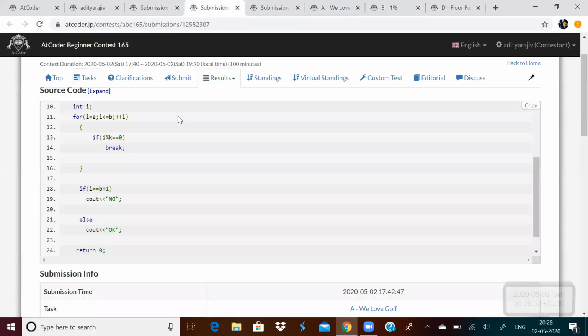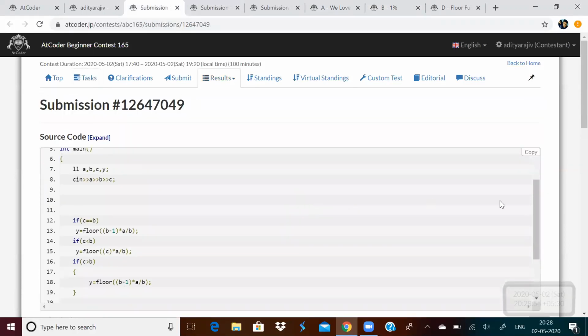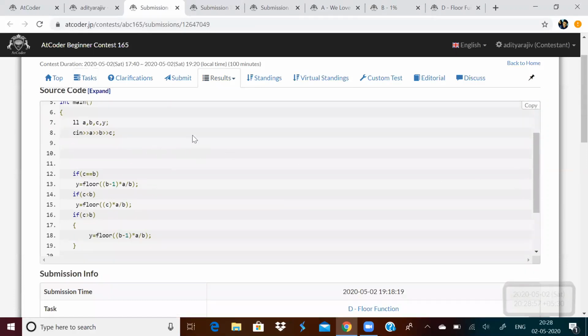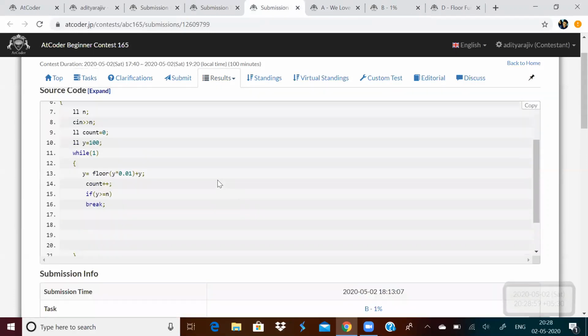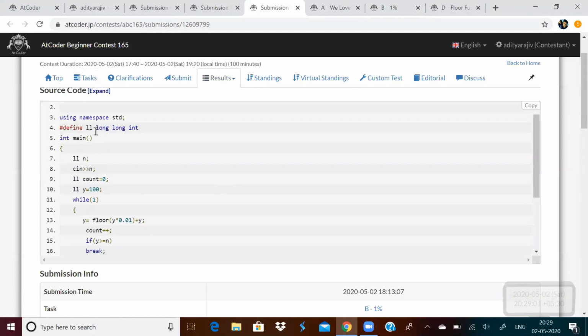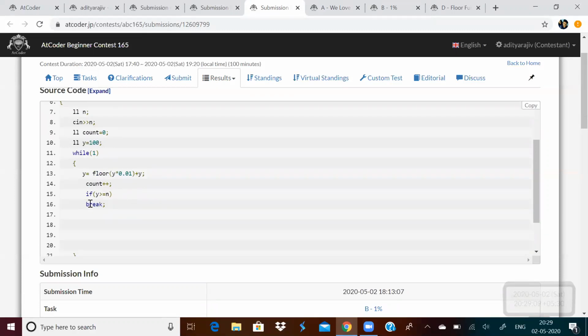So this also is pretty straightforward only. Just input the variable n, keep a count, and initial amount y is 100. You run an infinite loop, but in the infinite loop, as soon as y is greater than n, you have to break out.